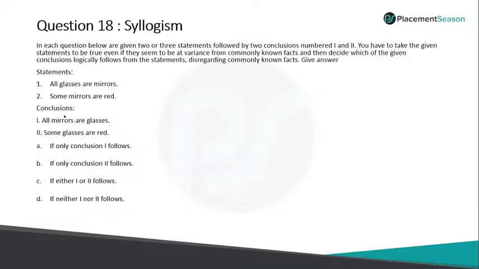Next. Okay, so syllogism, you have certain rules to follow: all, some, no, some not, likewise. And in syllogism, you have methods to solve. One is normally the Venn diagram method, which the majority use to solve, or the tick-cross method. What we suggest is always go for the Venn diagram method. You will be able to understand easily.